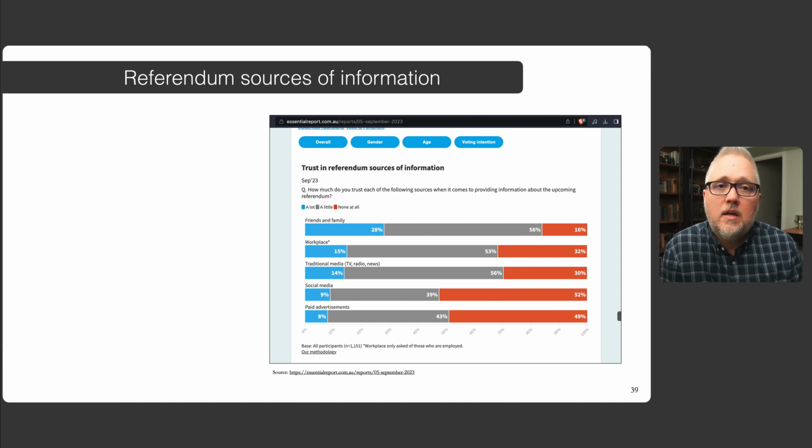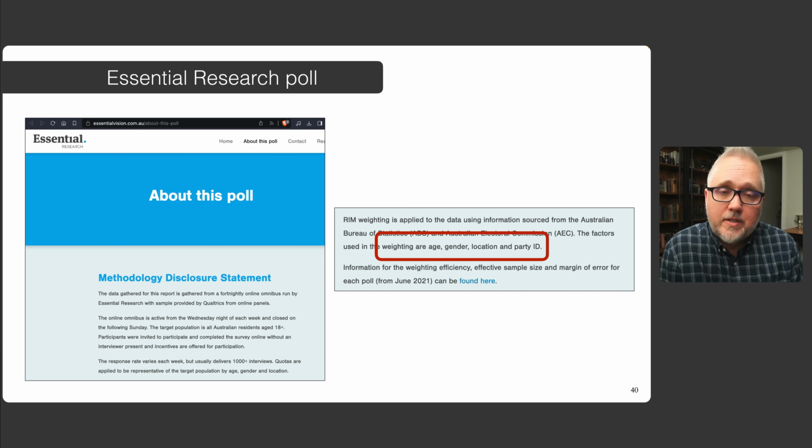And you see, in this case, as with a lot of other political issues, a lot of the information comes from friends and family, more likely to come from friends and family than the workplace or social media or other outlets. If you go to their website, I'm always a fan of looking at the methodology for different measures. In previous weeks, we've looked at Transparency International's measure of corruption, their methodology for trying to aggregate different sources to get information about underlying corruption.